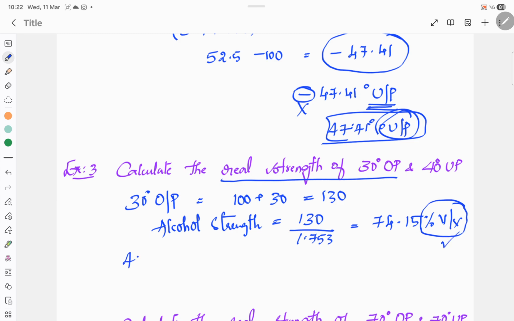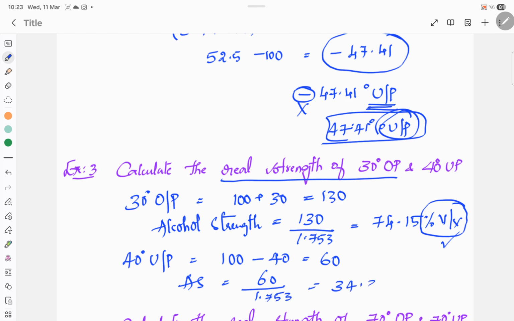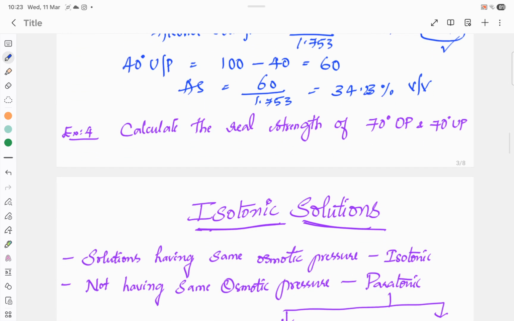And now 40 degrees under proof. That means 100 minus 40, which we get as 60. So alcohol strength is equal to 60 divided by 1.753, which gives the value 34.23% volume by volume. Okay, and then the next example that we have is to calculate the real strength of